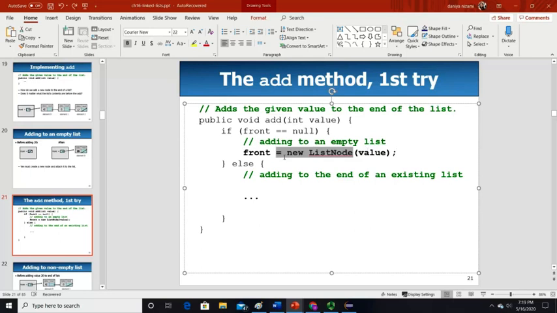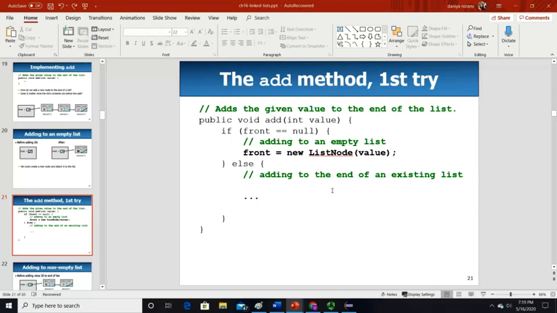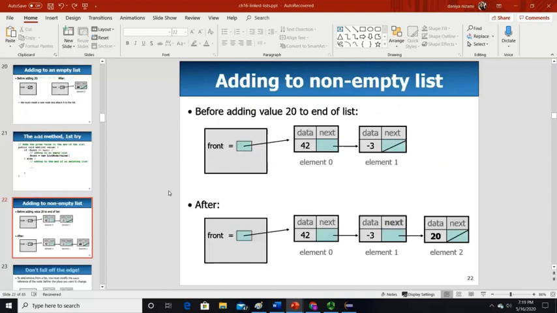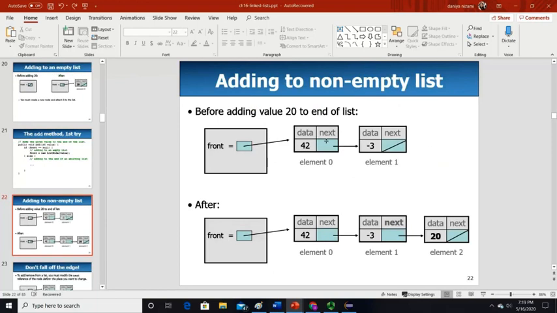Remember new list node, from the previous slides, how we create that box with the data and the value. So we are just passing the value. And this is your front, holding your linked list, or a series of list nodes, I would say. The else case means your front is not null, you have a number of values over here. So this is your case.